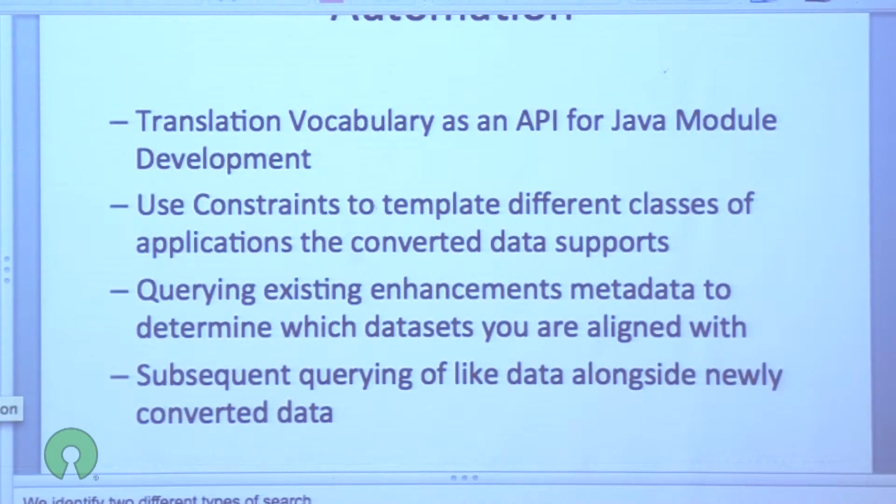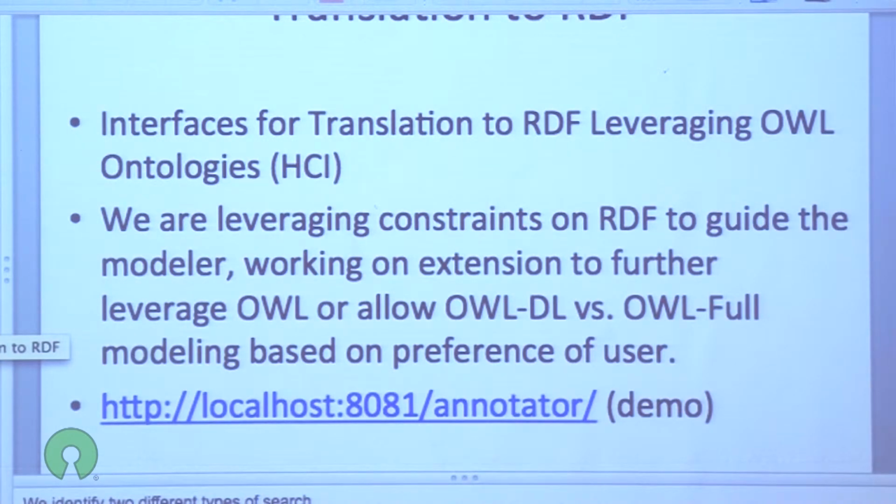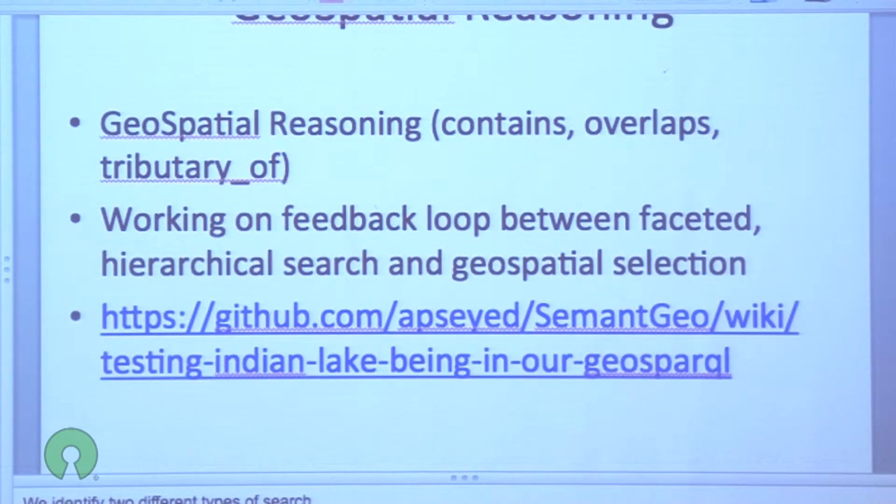We're doing some things with geospatial reasoning using the GeoSPARQL standard that you can hop onto as well. Let's see, where's that? Right here. If you want to know for a specific geospatial feature whether the polygon of that overlaps or is contained within a different feature, some sort of city or town or river or lake,